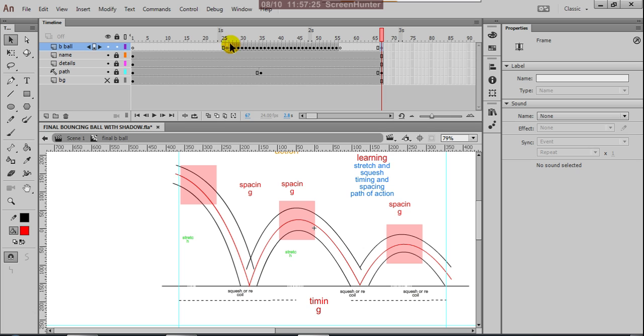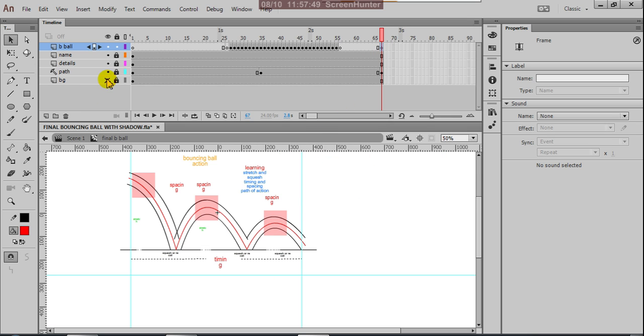So here to here in the timeline indicates 1 second, because of 24 frames, the gray box is showing. Here to here another second, so 2 seconds and 8 frames. That is the timing of the bouncing ball action.